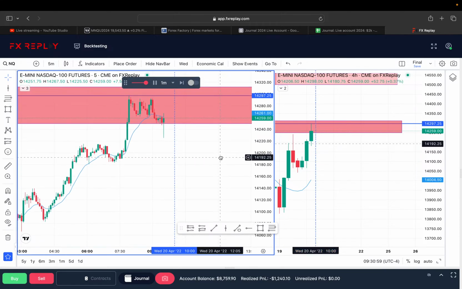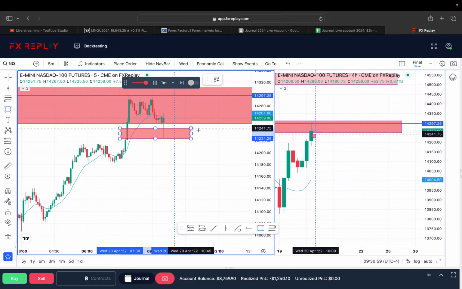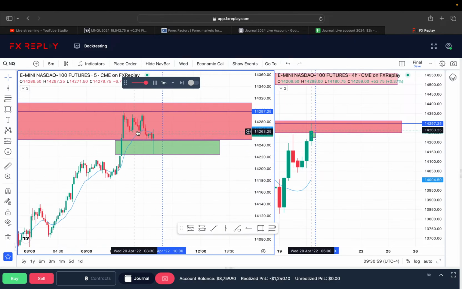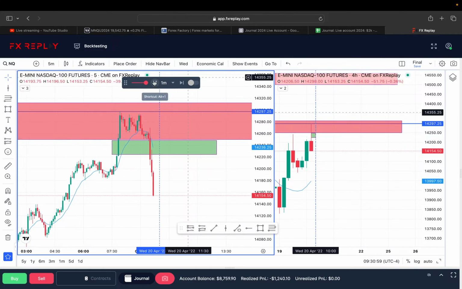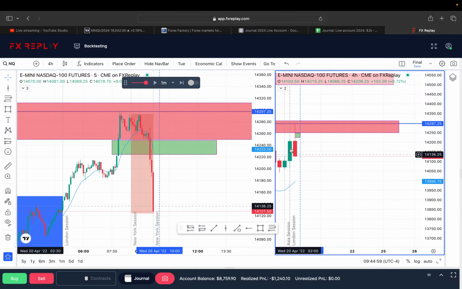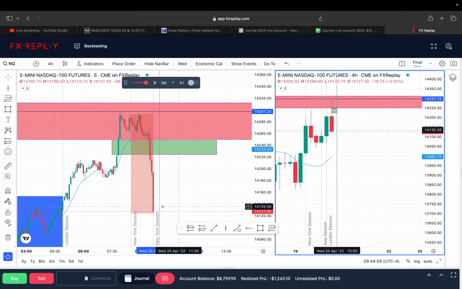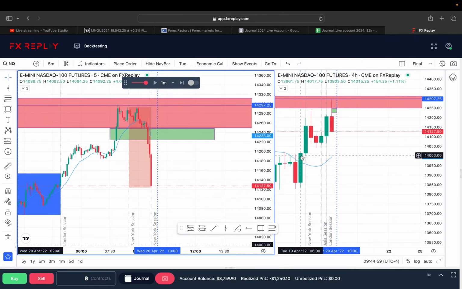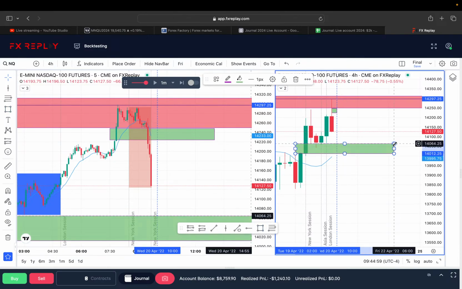Now, in the 5 minute, we do have a nice inverted fair value gap that we can enter off of to confirm our downward bias. You know what I'm saying? We already kind of have a little mini market structure shift here, but let's just see how things play out. Okay. We want to wait for this 9 candle to close. It's looking like it already dropped so much. So it's clearly giving signs that we probably will get sells right at 10